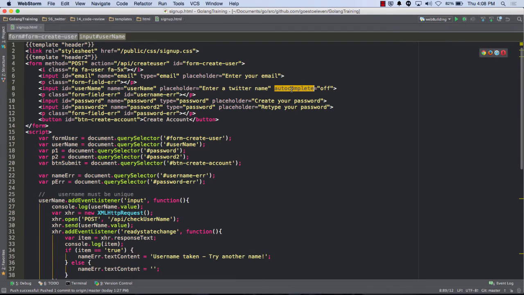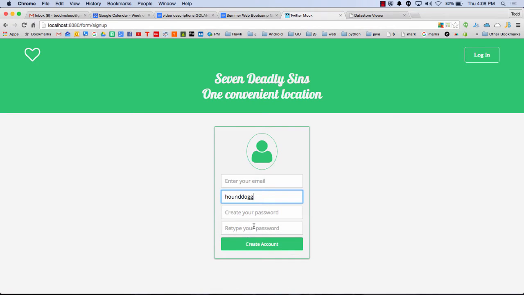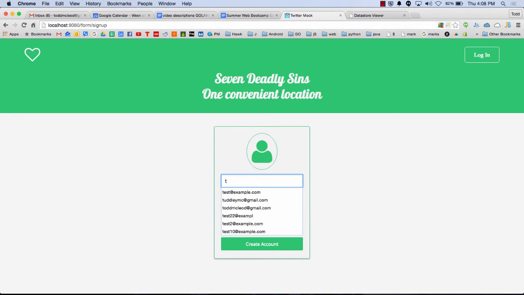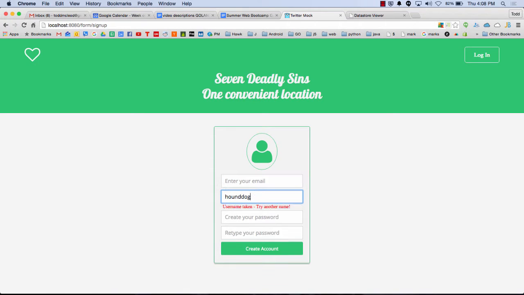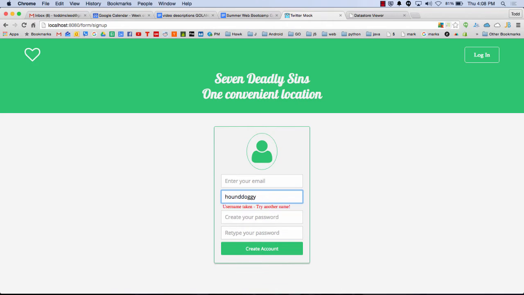So here's autocomplete off. That setting right there prevents the drop-down autocompletions, right? I didn't want that to show up because it'd block out the message, hey, this is taken, this is not taken, right? Does that make sense? Like right here, when I go here, fine, autocomplete's on, okay? But here, if I had autocomplete popping up, then I'm not going to be able to see that message. It's going to be overwritten.